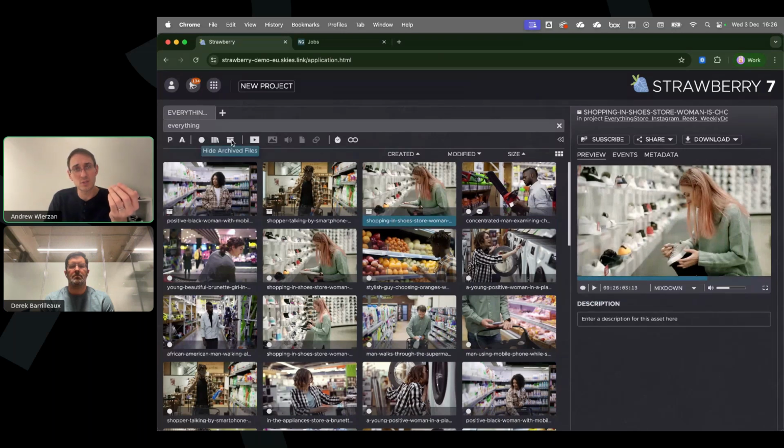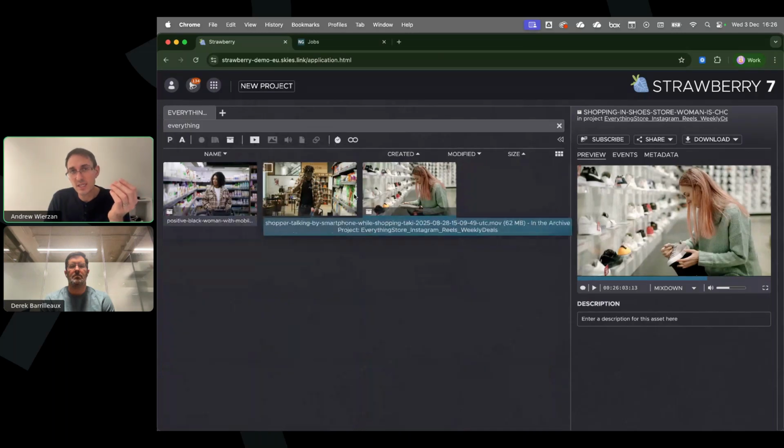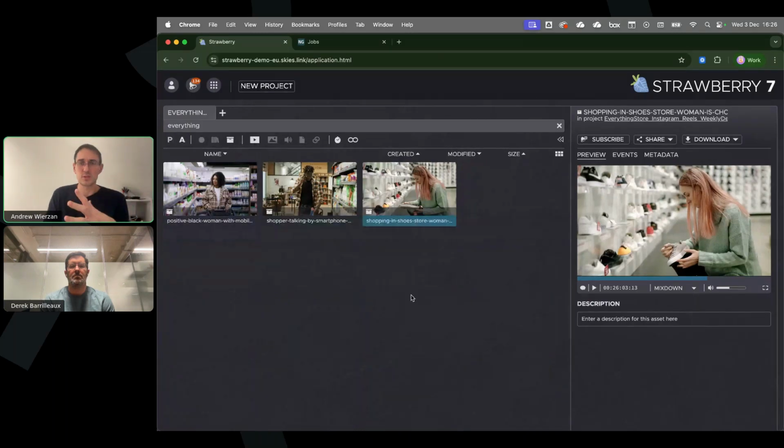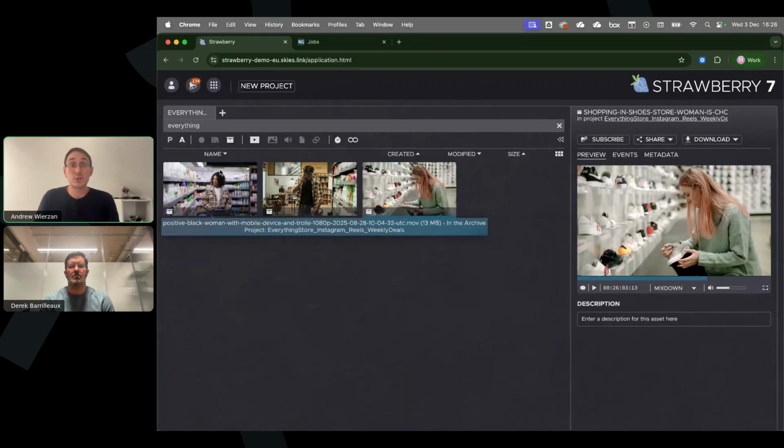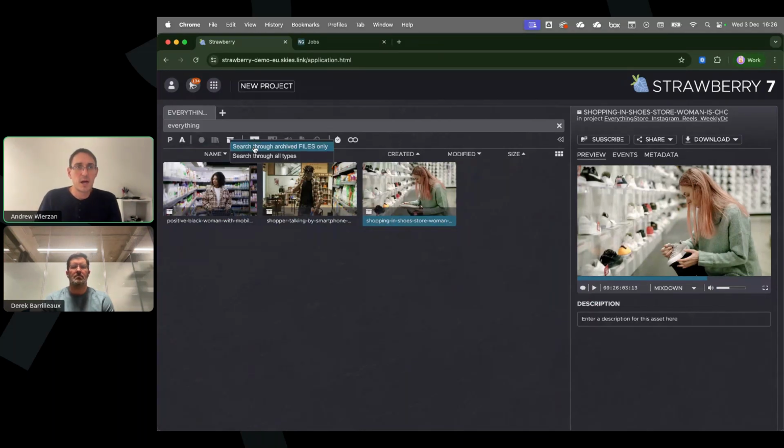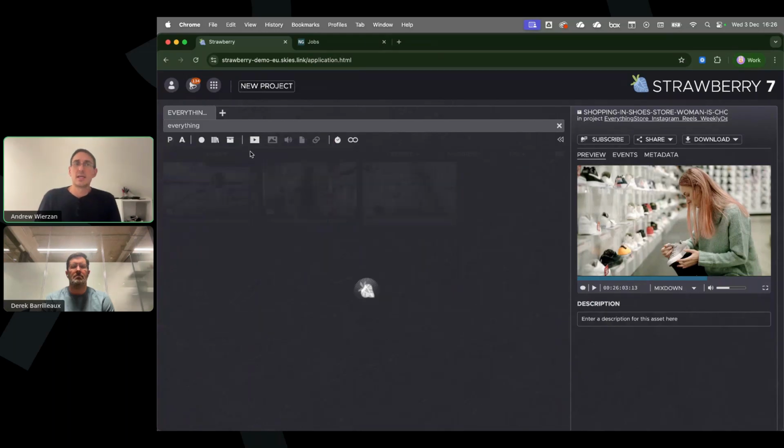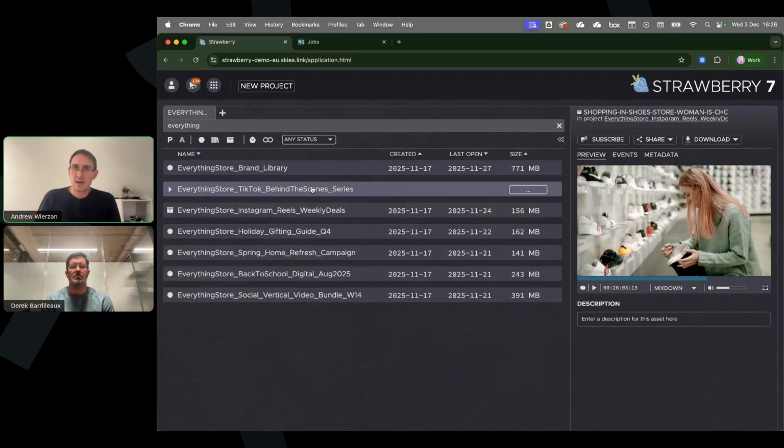we're looking at online files at the moment, but if I search through files in my archive, I can immediately see proxies from files that are in the archive. So there is no more opaque shelf that projects or files go to. It's all just through the single pane of glass. So if we switch back there, and then within Strawberry, we also have